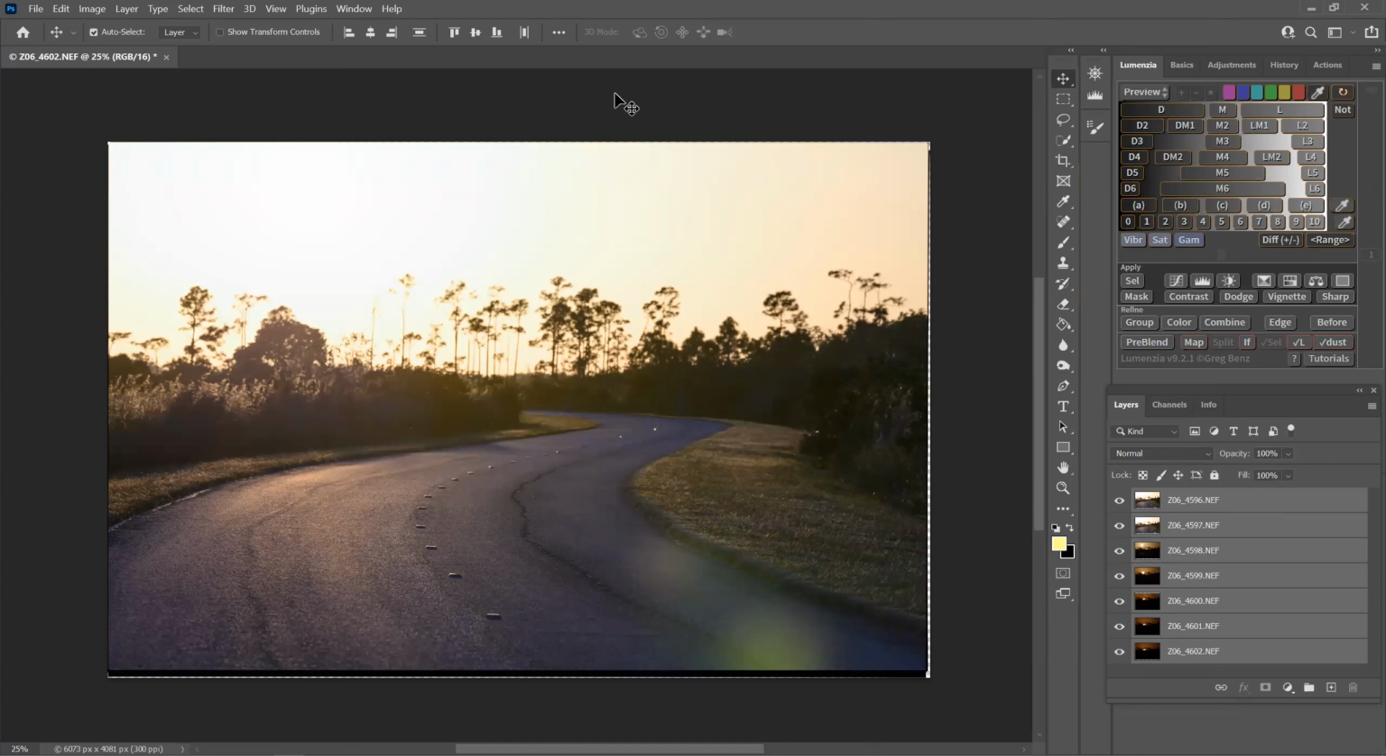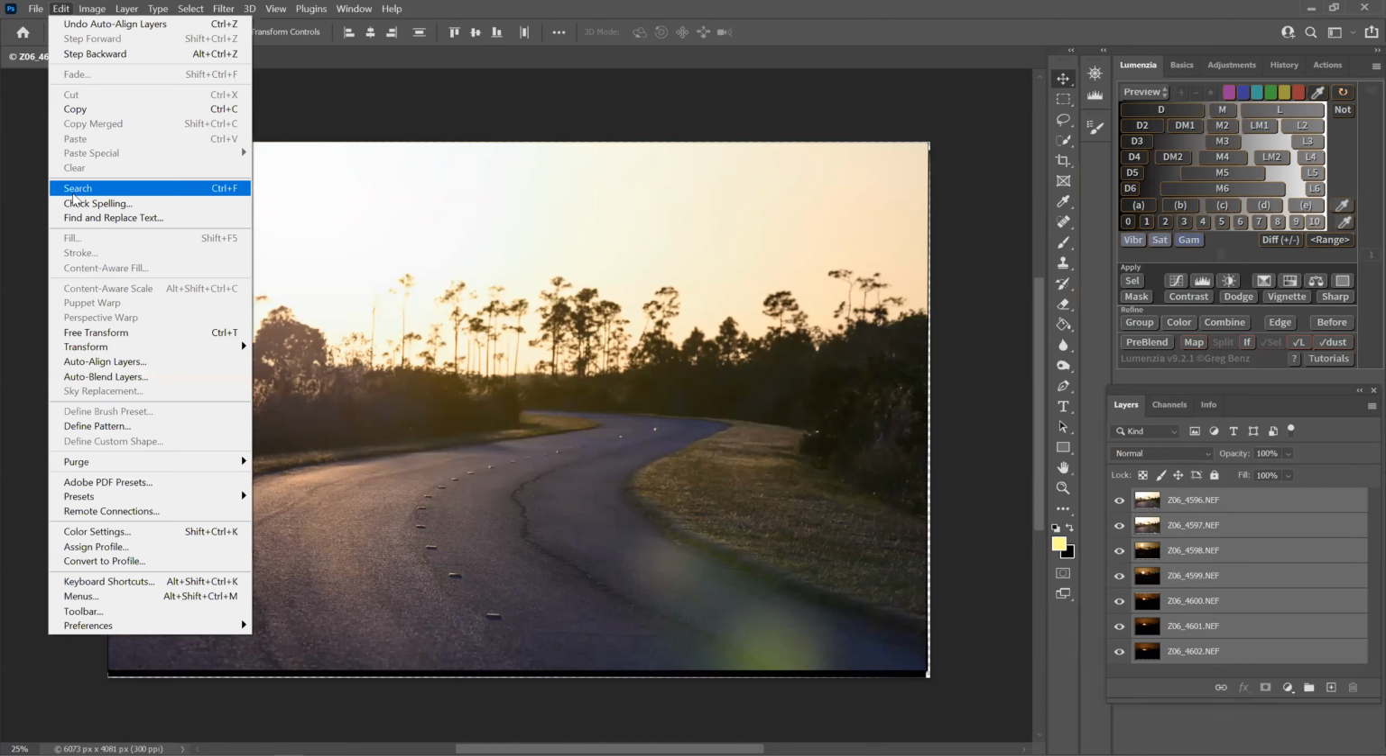Okay, the second step, you're going back up to the edit, top left here, click edit. And remember, these are all still selected. All of our layers are still selected. And we're going to go here, auto blend, because what Photoshop...